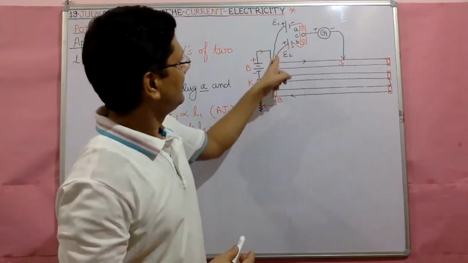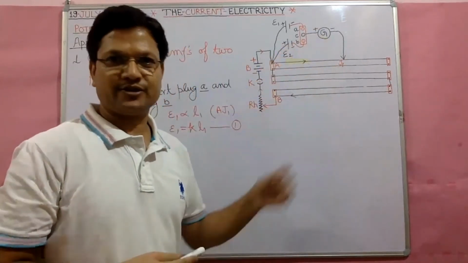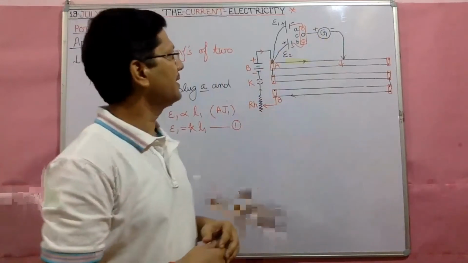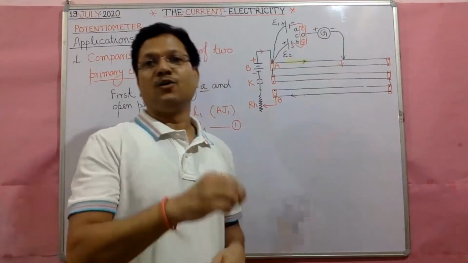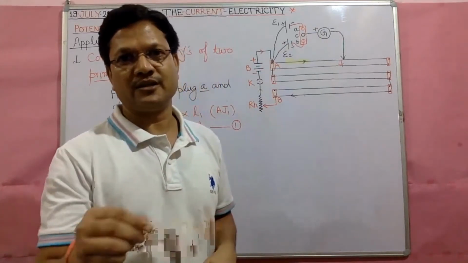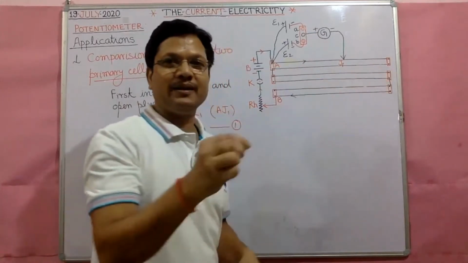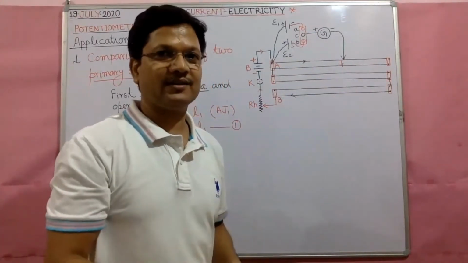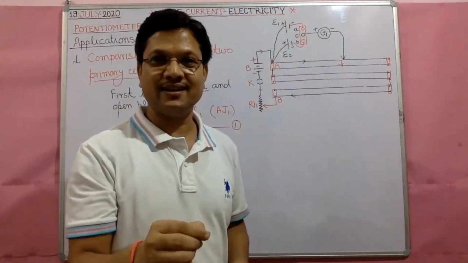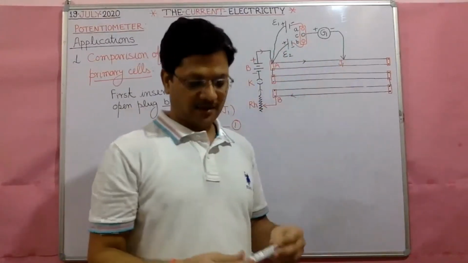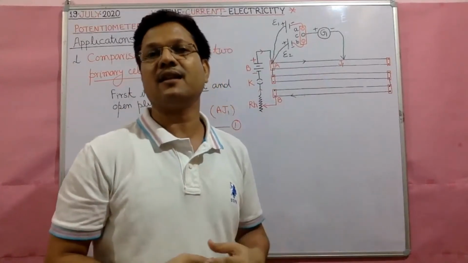This time cell E2 gets introduced in the circuit. वो सर्किट में कनेक्ट हो। अब हम क्या करेंगे? Again move the jockey along the length of the potentiometer wire, किसी भी पर्टिकुलर लेंथ पर, and place the jockey at a point where there is no deflection in the galvanometer. हम जॉकी को ऐसी जगह रखेंगे इस वायर पे जहां हमें कोई डिफ्लेक्शन नहीं मिलेगा। फिर से वही, इसे कहते हैं नल पॉइंट।